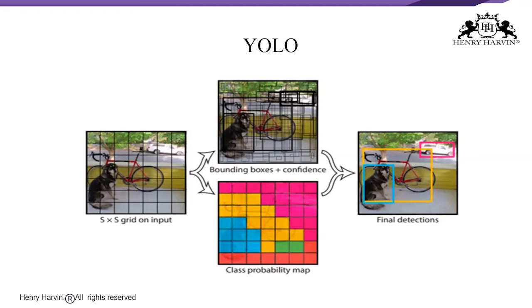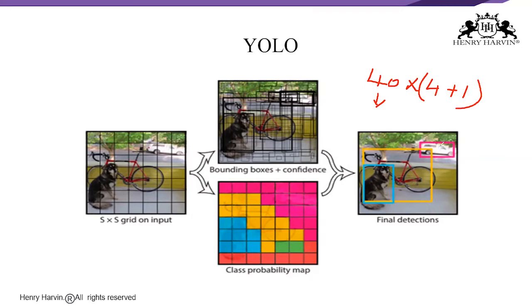Let me write that. Basically it should be 40 into 4. The 40 is the number of proposals, and this 4 is the number of coordinates, and we are adding 1 with that. What is that 1? The 1 is the confidence. You can understand this. Thicker means more confident. For example, it is very confident that this is the truck that it predicted.